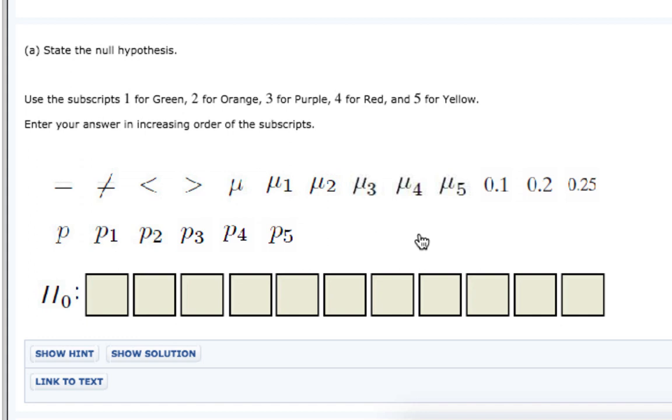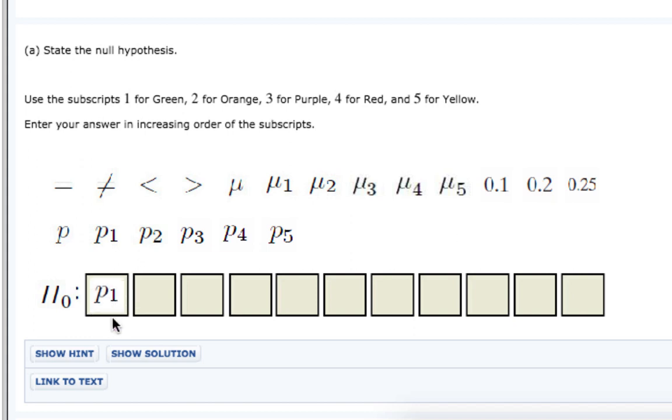This is going to be a chi-square goodness of fit test because we have one categorical variable, favorite flavor, and that variable has more than 2 mutually exclusive levels. Our null hypothesis is that in the population, the proportion of people who like each of these 5 is equal. So the proportion